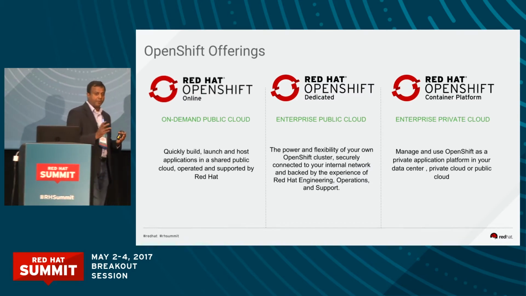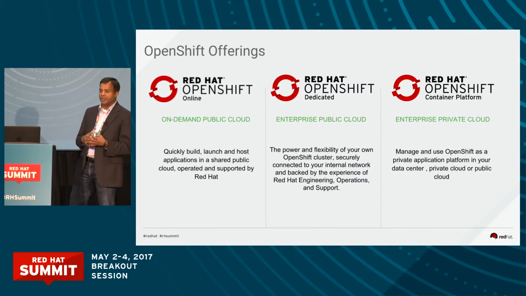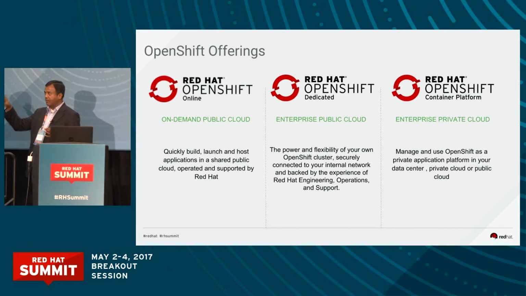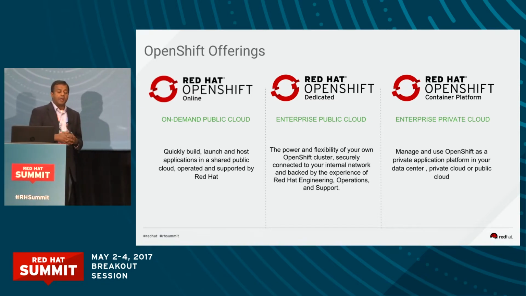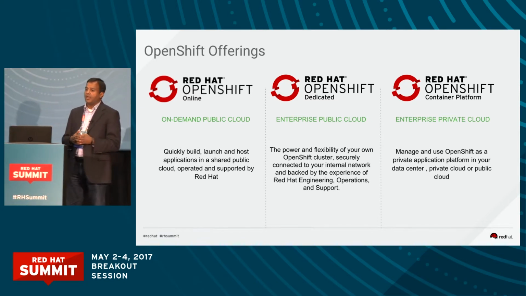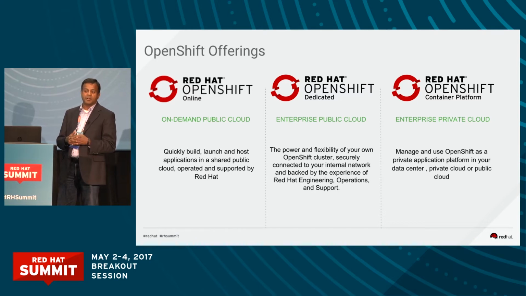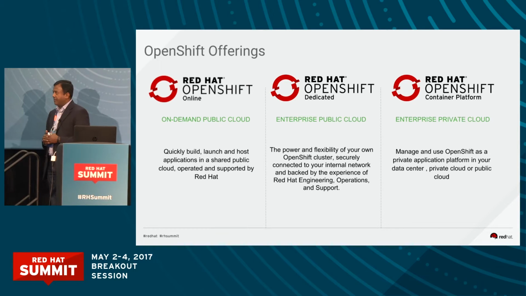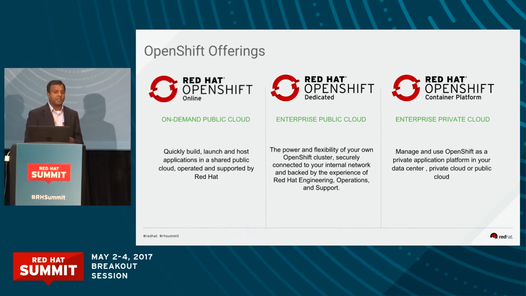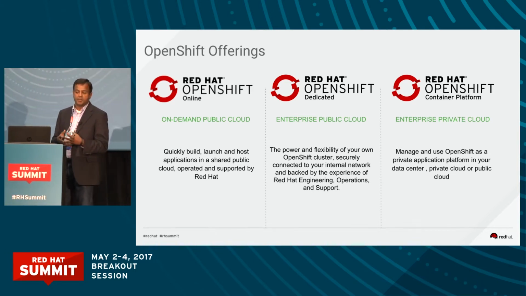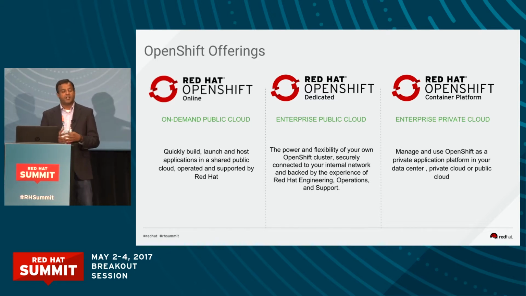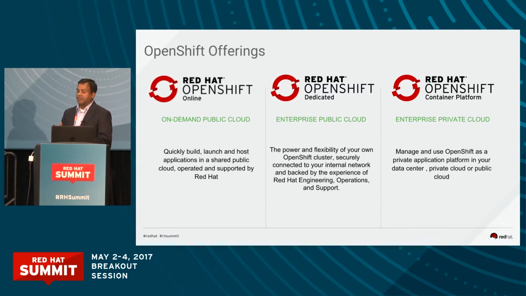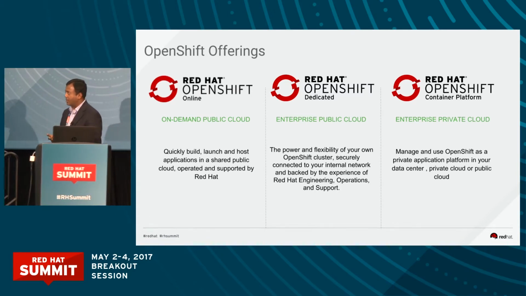This is more for people that don't know what OpenShift is and don't know the multiple offerings that we have. I think everybody here probably knows about it, but we did announce on Tuesday OpenShift Online, the next generation of OpenShift Online, which went GA. So you can go to OpenShift.com and sign up for an OpenShift account that's based on Kubernetes and Docker. It's the world's first multi-tenant Kubernetes solution or platform that has been launched.